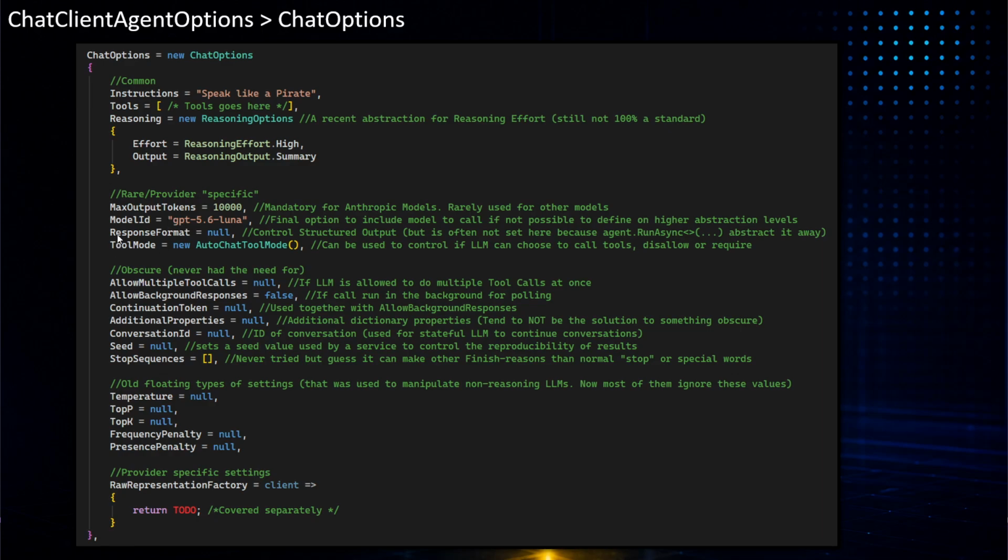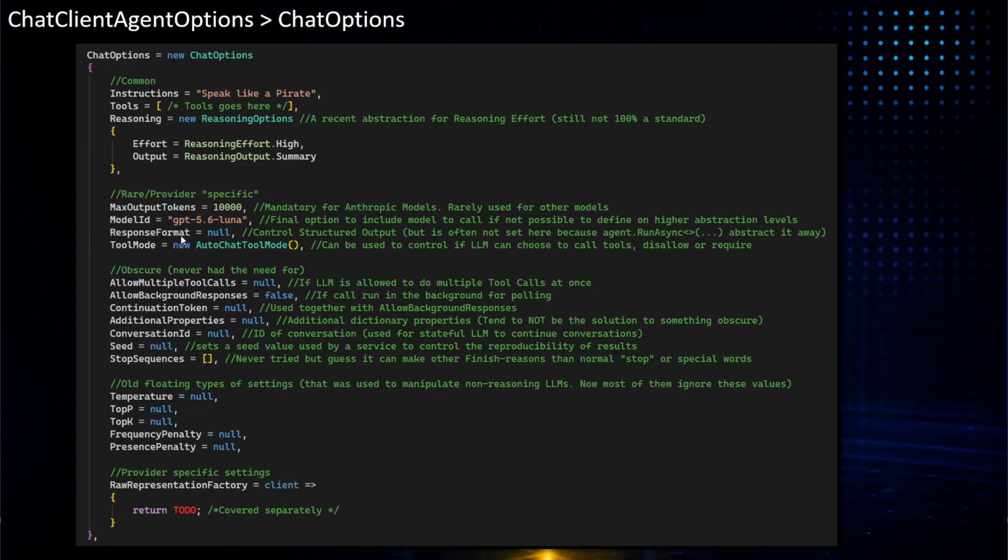Then we have response format, which is tied to structured output. If you don't know structured output, you should definitely see those videos about that. I've still put it in rare here because this is where you go in and tweak the response format. You specify a schema for the structured output yourself in a more custom manner.